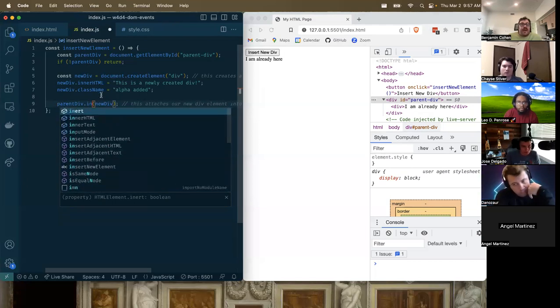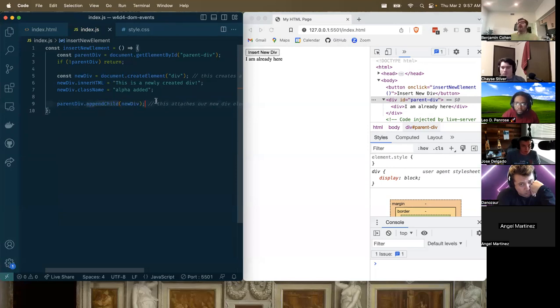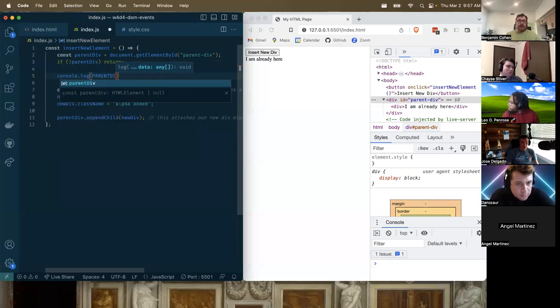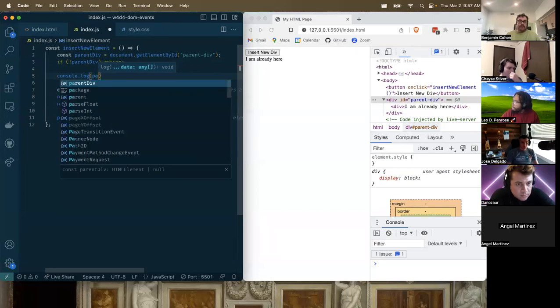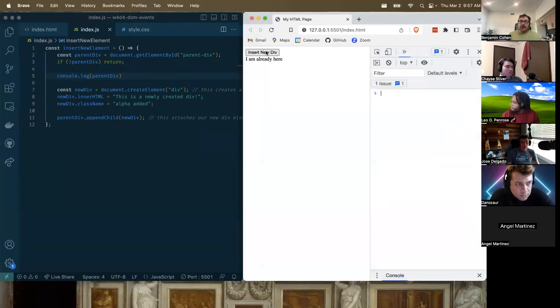There are different ways of adding things at different points in the page. I wonder, so insert adjacent element. Oh, and you have to say where you're going to insert it. The most common approach is generally to grab a parent element and just add it as the last thing, but you ultimately have as much power as you want to mess with this stuff. So if I were to grab parent div here, I could say console.log parent div, and we'll see that every time I call it, it'll be a little different